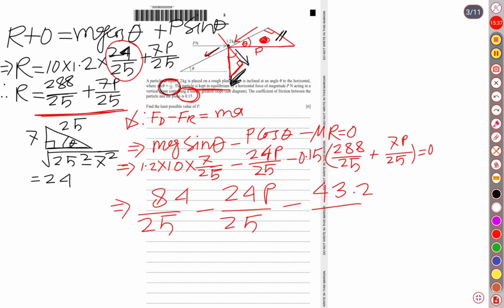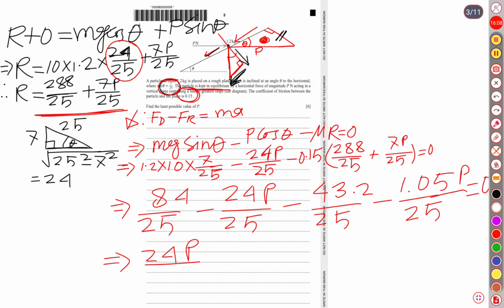43.2 over 25 and minus plus minus 7. If we multiply 7 by 0.15, it is 1.05, so 1.05p over 25, and the right side is as usual 0. Okay, after that, if we isolate the p's, it is going to be